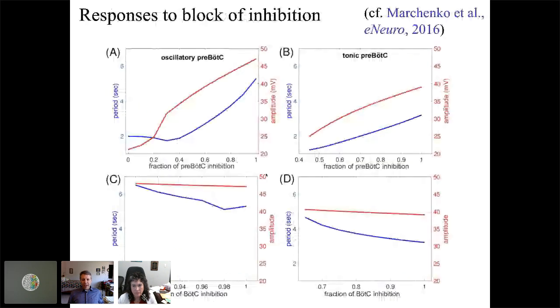Similarly, as you vary the inhibition, either to the preBötC neurons or to the other inhibitory populations that are not part of inspiration, you get qualitatively similar effects, comparing C to D and A to B, on the period and amplitude of the output. Okay, I'm not going into the mechanisms here, but they're all based on this same type of moving nullcline analysis that I went through earlier.